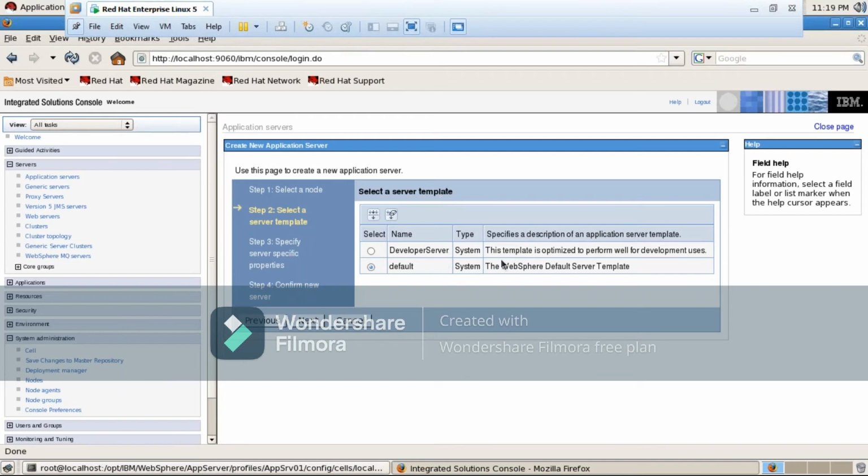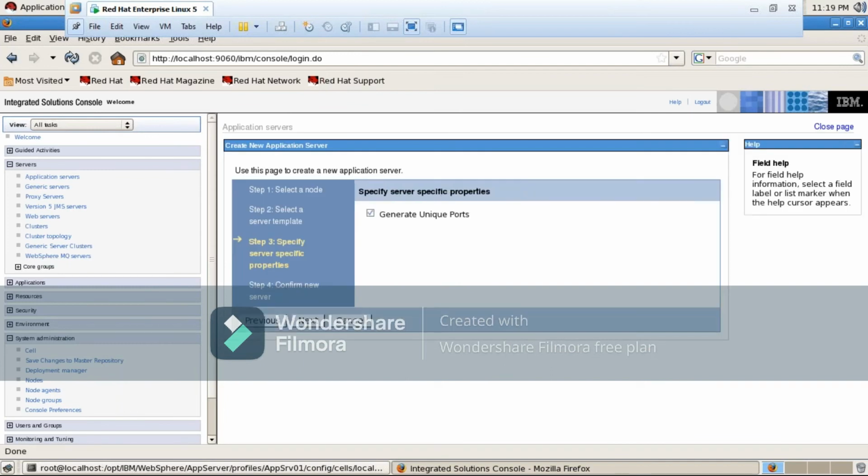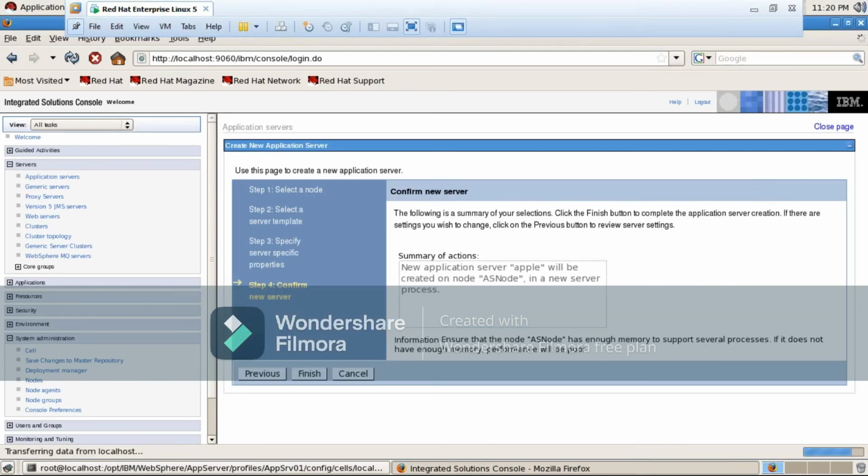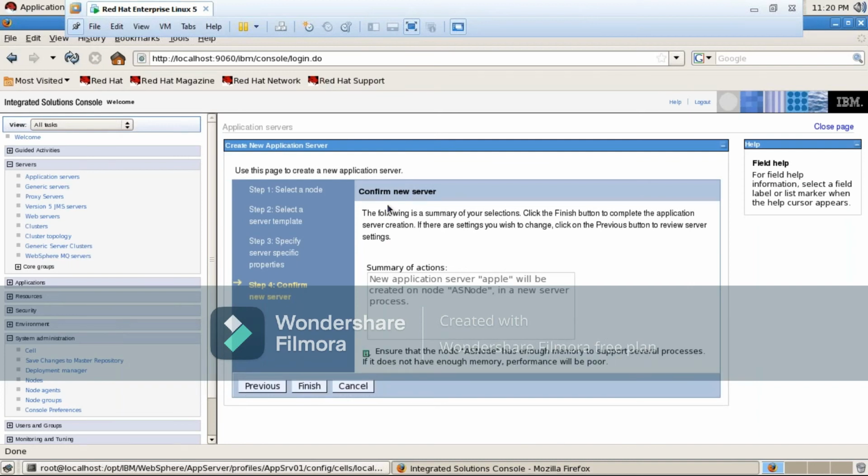The WebSphere default server template it was taking. But where will this template come from? In this cell, one federated application server profile node is there now, and that is also going to be used as a template. See, we gave the generic ports for this one. It will take an update of the default one actually. If I click on finish, see how many configuration files will be updated.